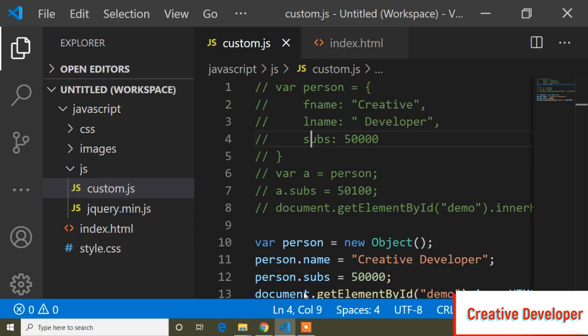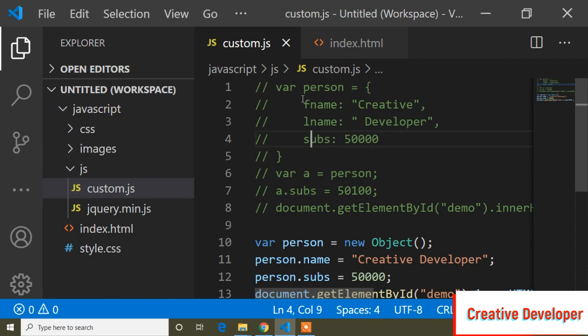In the previous tutorial we learned about objects, and in this tutorial we also learn about objects, but here I will show you how we can add an object property, delete an object property, and also how to get object properties using a for in loop. So guys, first of all I recommend that if you didn't watch my previous tutorial, please watch it because it will be easier to understand.